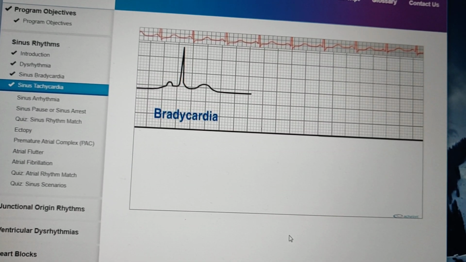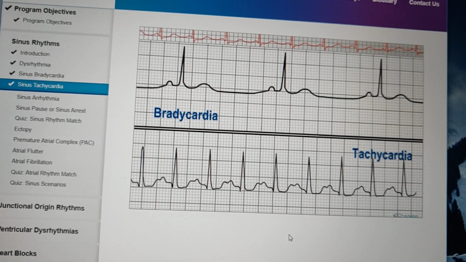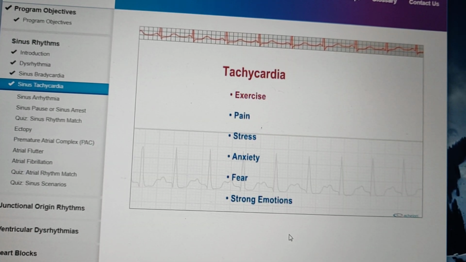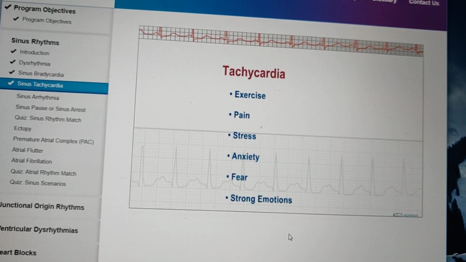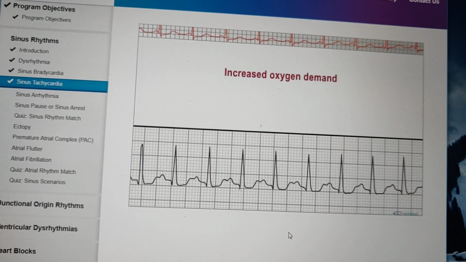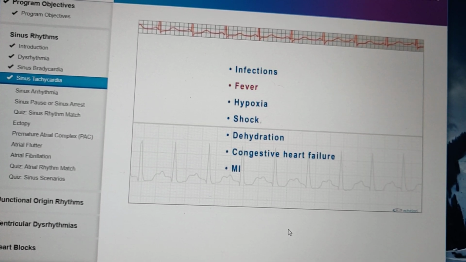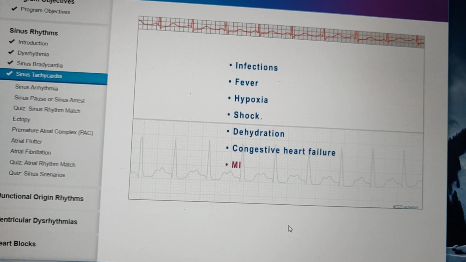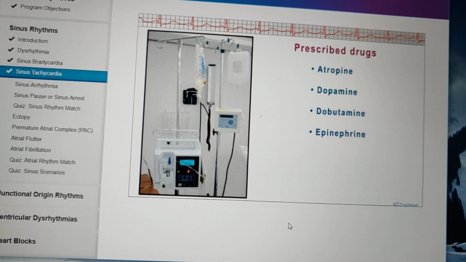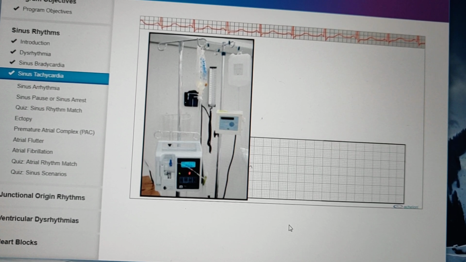Just as the slowing of the heart rate is not necessarily a cause for alarm, the speeding up of the sinus rhythm, even to the point of being sinus tachycardia, may be just a normal response to a variety of factors including exercise, pain, stress, anxiety, fear, or other strong emotions. Sinus tachycardia can also occur when the body's demand for oxygen increases because of infections, fever, hypoxia, shock, dehydration, congestive heart failure, or MI. There are many prescribed drugs, including atropine, dopamine, dobutamine, and epinephrine, that can cause sinus tachycardia,